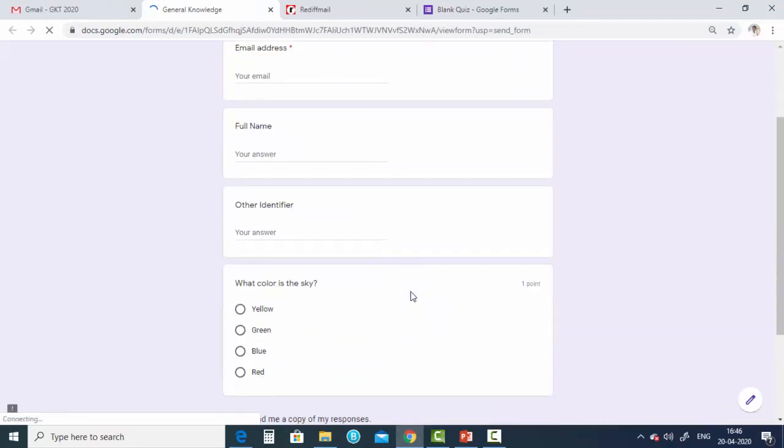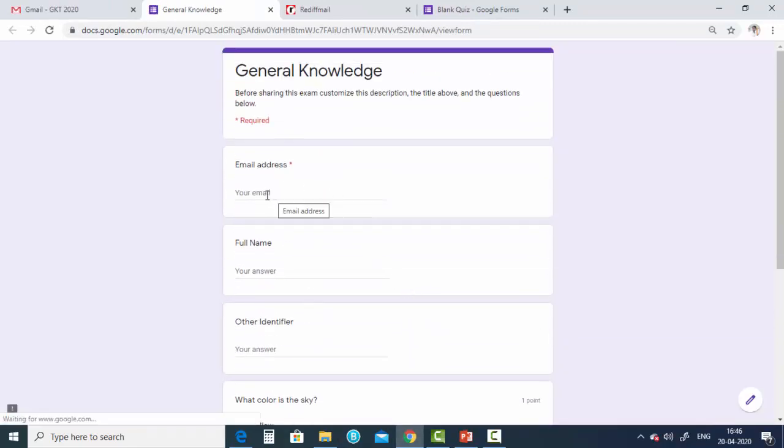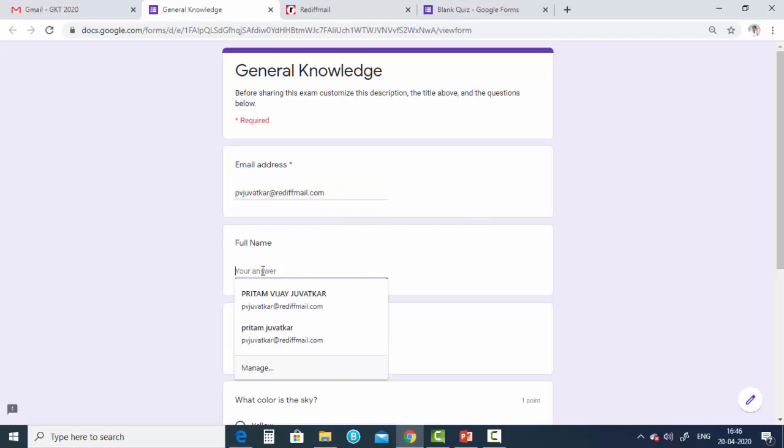When students click on this link, they will get that form. When the form comes, it will specifically ask for an email address. So I'm just inputting a different email address, pvswatkar@rediffmail.com. Okay, and my name I'm writing here like this, Pritham Vijay Zwatkar. This name is very important because it will be included in your certificate.